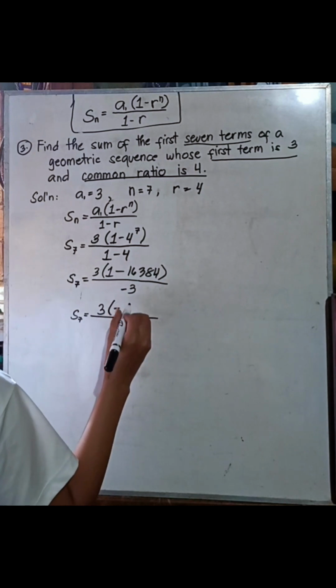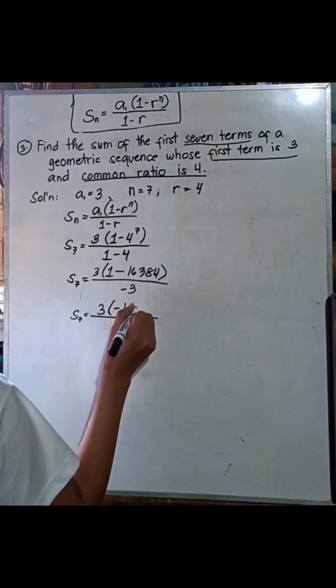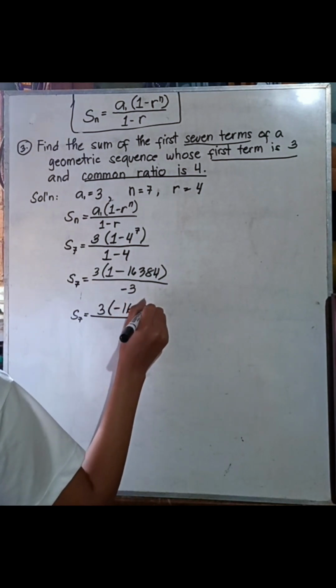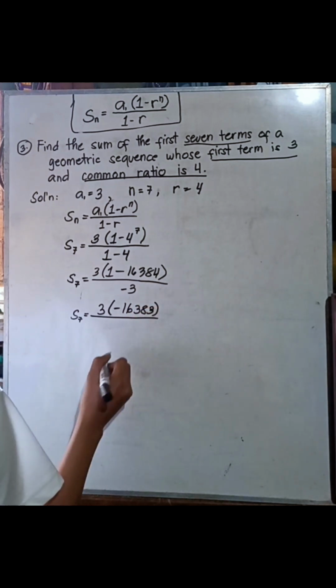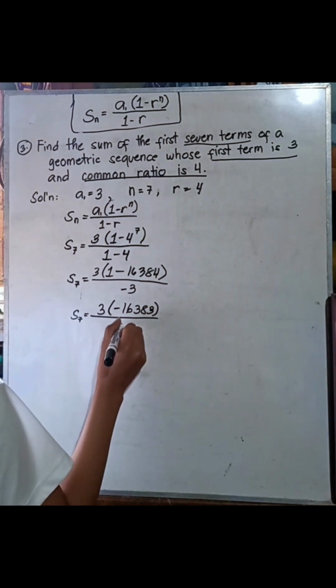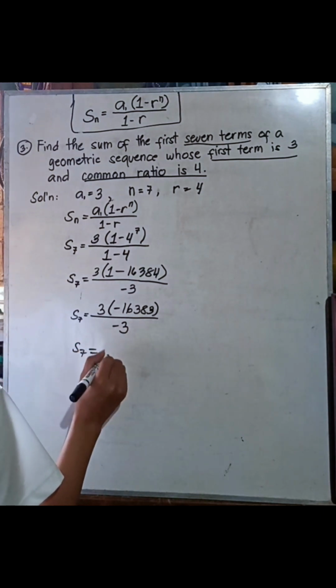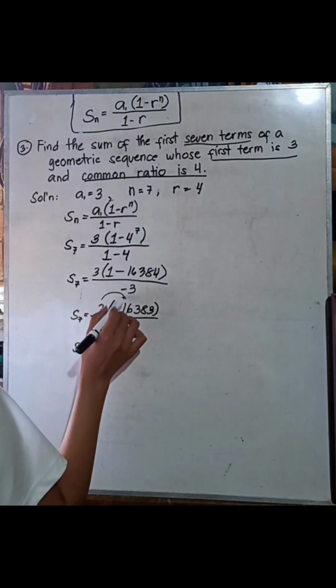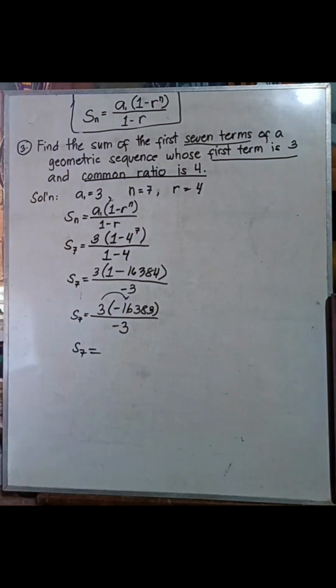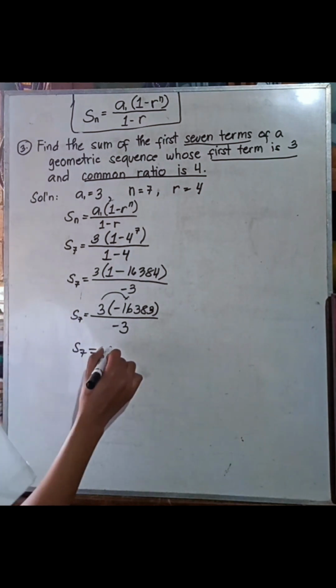So, it is equals to negative 16,383 over negative 3. S sub 7 is equals to, multiply this one. Multiply 3 times negative 16,383. So, ang answer natin,